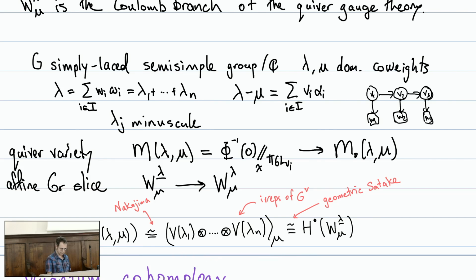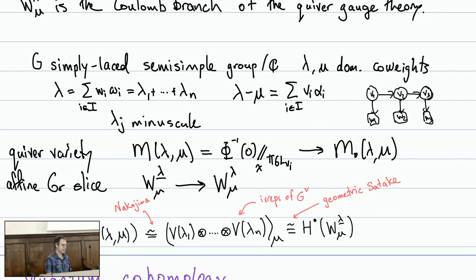So these lambdas were co-weights, dominant co-weights of G. Now there's this other group floating around called the Langlands dual group, G check. And especially since we're in the simply laced case, you can just imagine G check and G are the same thing. There's no harm in that. But if you're familiar with Langlands duality, then you probably already know what this means. But in any case, the basic point is that a dominant co-weight of G will give us a dominant weight